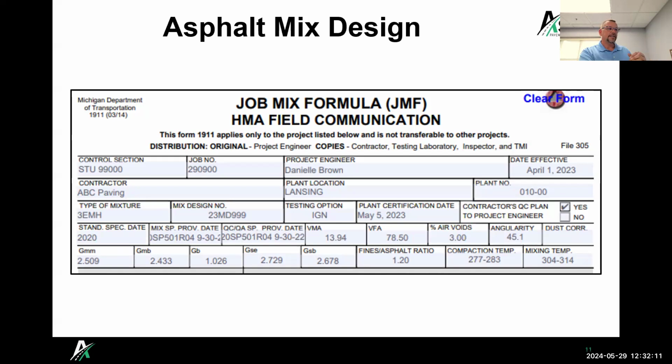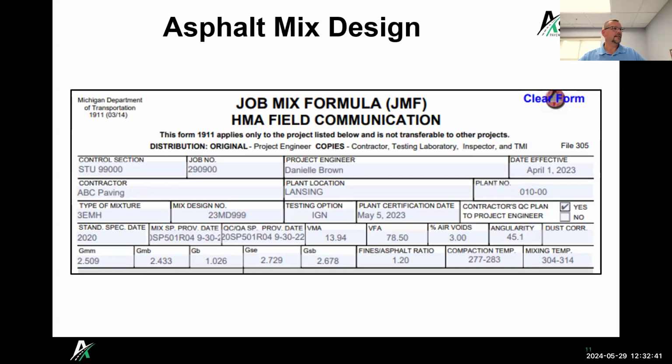Fines to asphalt ratio, that's something that's always checked. There are specification limits to that, and that's where, how many fines do I have below a certain sieve, and those are my fine aggregates, and you want to make sure that ratio doesn't get out of whack. I believe the spec on that's like 1.4 or 1.2, depending on your mixes. And then it changes for the acceptance testing too, to account for plant breakdown and different things like that.